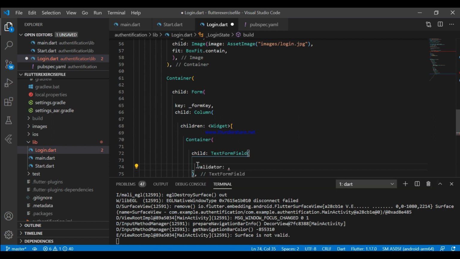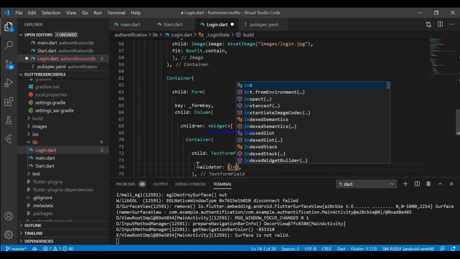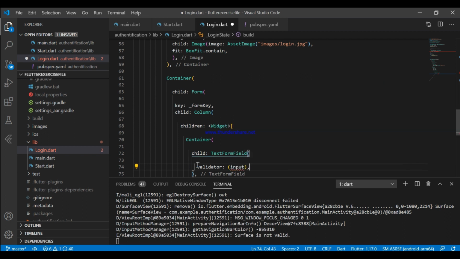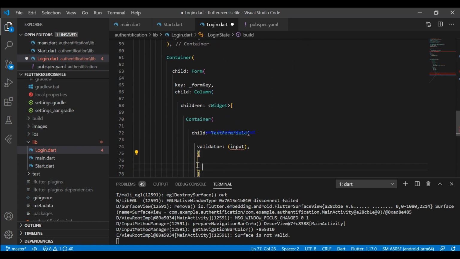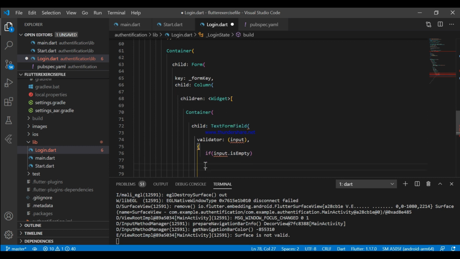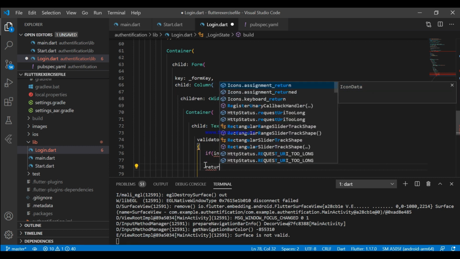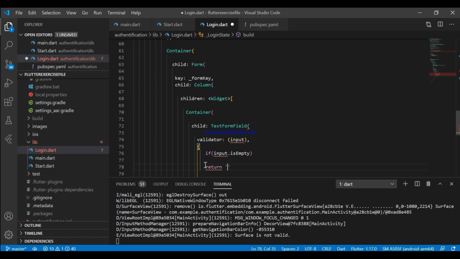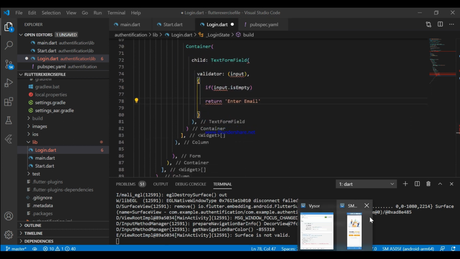Now the question comes, why are we using a validator and what is the use of it? Now listen, we validate the input by providing the validator function to the text form fields. If the user input isn't valid, then the validator function returns a string containing an error message. I'll explain it in simpler words in a minute. This input is what is entered by the user.